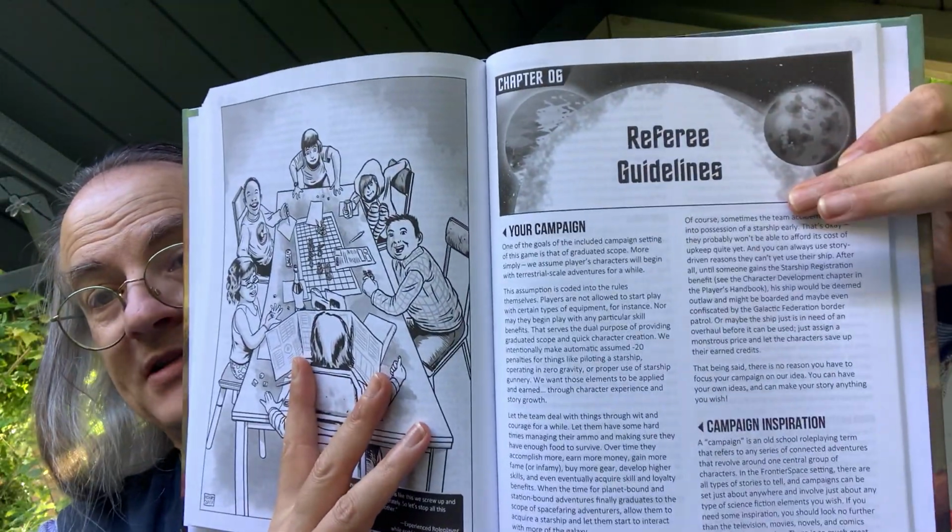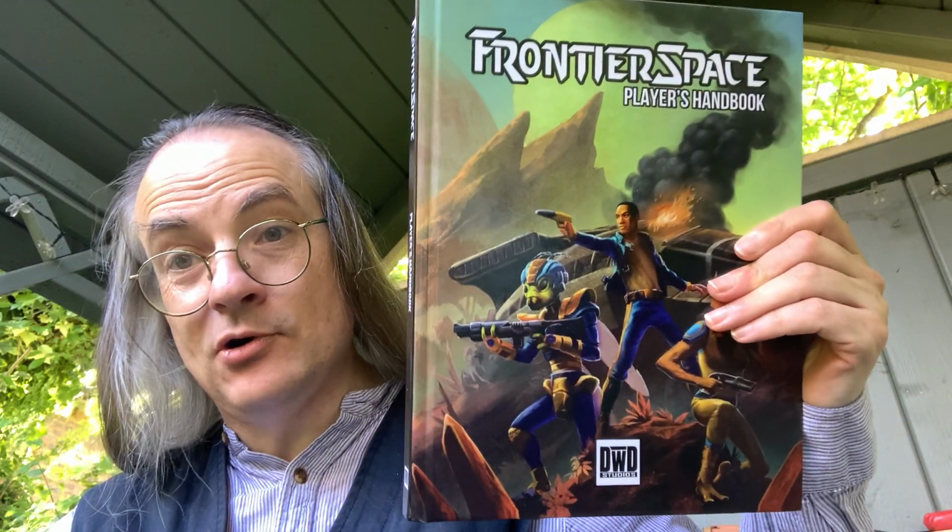It's talking about referee guidelines. Again, it's all been for the referee, but you've got a guide for the referee and inspiration. So whether it's space battles, space horror, and then you're talking about the different types of hard science fiction, alternate history, apocalyptic fiction. So it's supposed that it can do those things as well, but it kind of falls back on that feeling of the cover of the Player's Handbook, which is space opera,